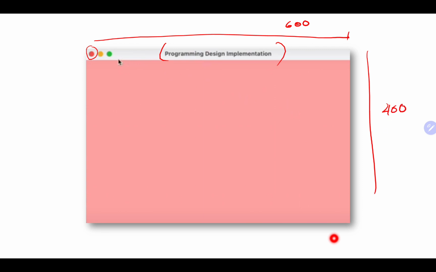And then here we also have set background color pink, right? So we see our background pink color, and then they make it visible, the frame. Okay, the next one,